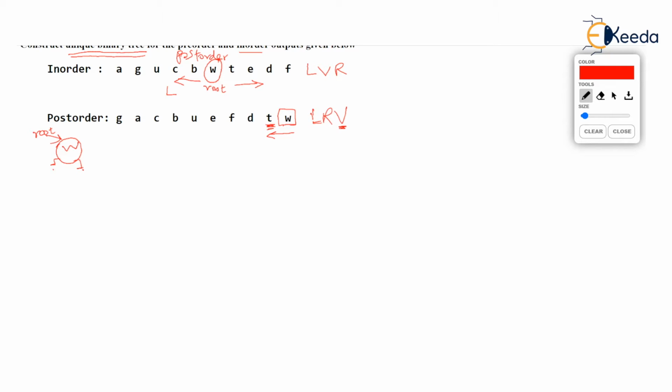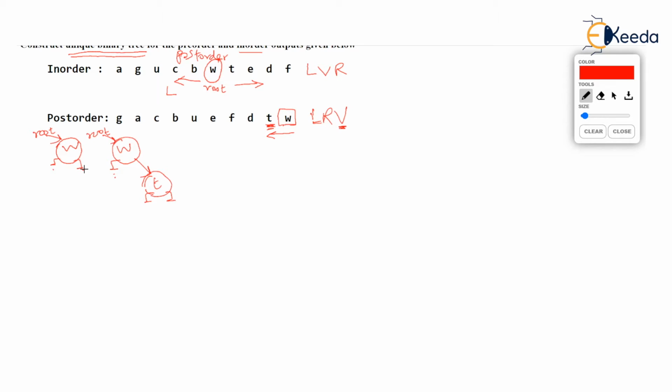We will take the help of in-order again. You start checking from root, and remember we are adding T. The new value is T. Check where T is with respect to root. T is to the right of root, right of W. So T must go to the right of W. And you see, right pointer of W is null. So we have got a place and we can add T as the right child of W, with left and right pointers of this node null. Left pointer of W is null, and root still points to W. It will always point to W, by the way.